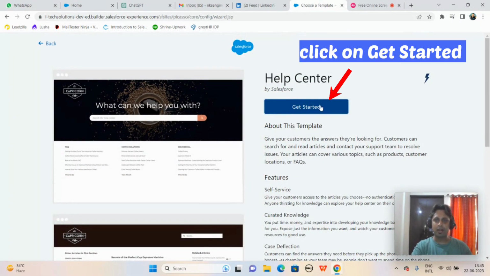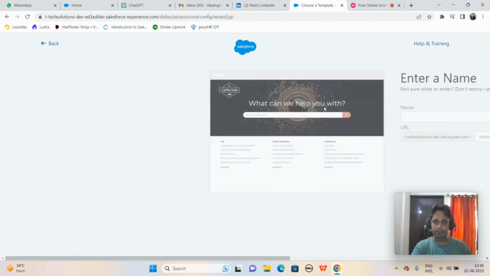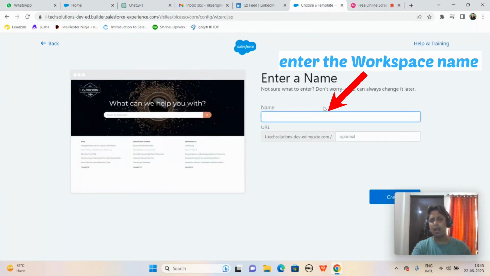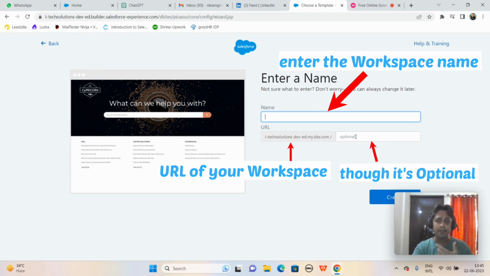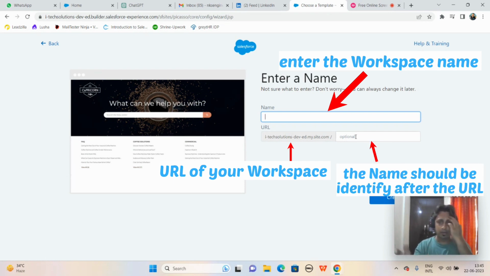So what you have to do is click on get started. It would ask you for the name, and below there's a URL. I would suggest that on this particular URL, at the end it says my.site.com and forward slash, and there would be the name. So a name should be identified after the URL, so people can remember, oh okay, this is what the URL is all about. So probably I can choose